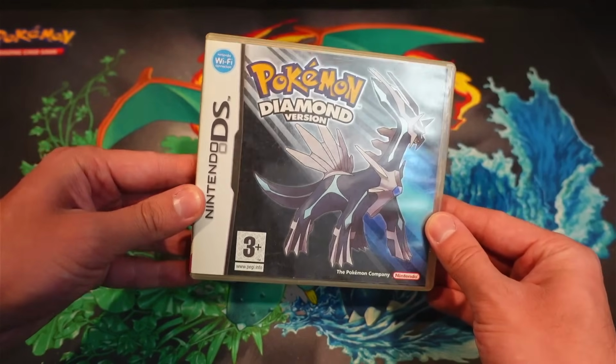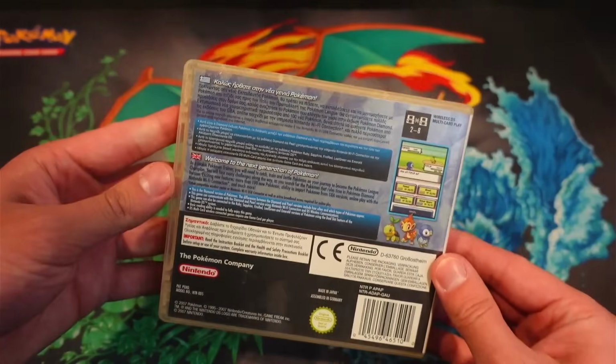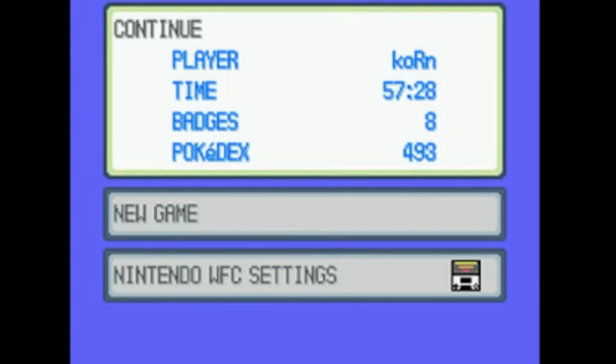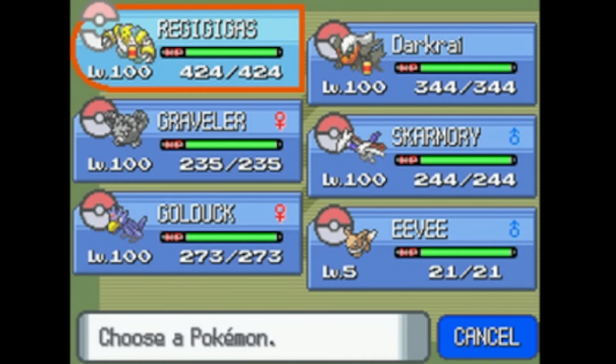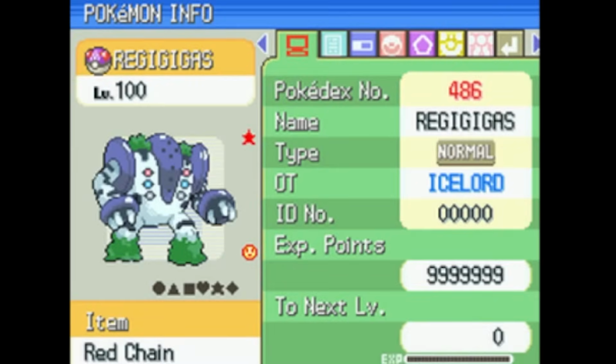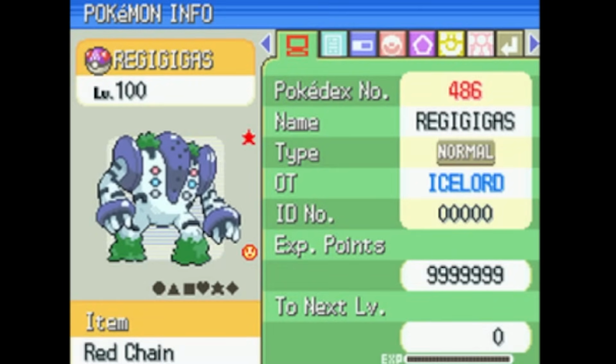We have one more game to look at now though, this European copy of Diamond that was purchased in Greece as well. On this copy of Diamond, we see that Corrin played 57 hours, got all 8 gym badges, and completed the Pokedex. That seems like a good amount of time to do the Pokedex legitimately, so let's check out their party, and the first thing I see is a level 100 Shiny Regigigas with an OT of Ice Lord, holding